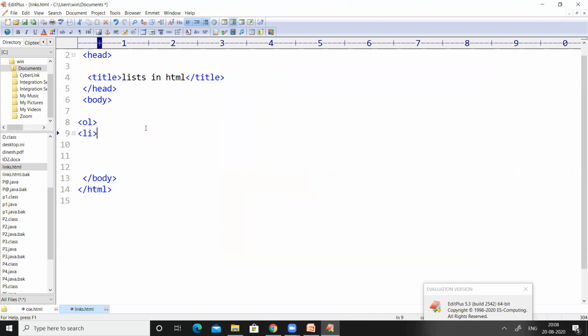The list of elements should be given like this: CSE, LI, and then ECE, and then EEE, and then one more list item, mech, and then let us take one more list item, that is civil.